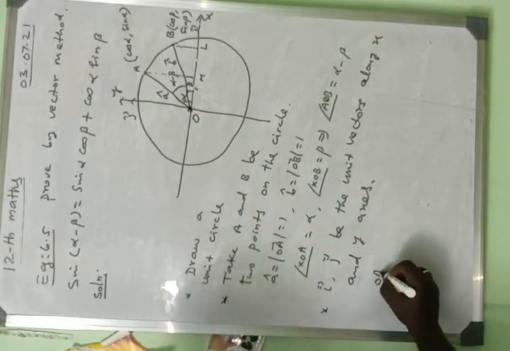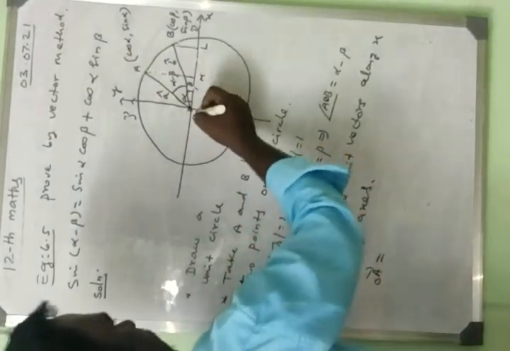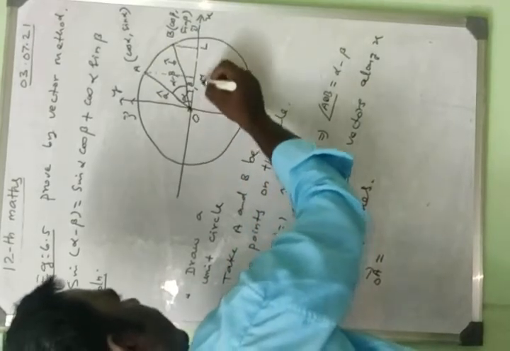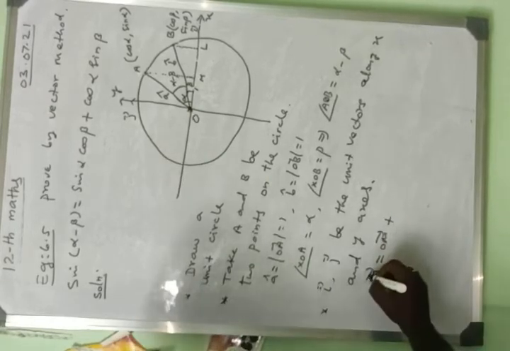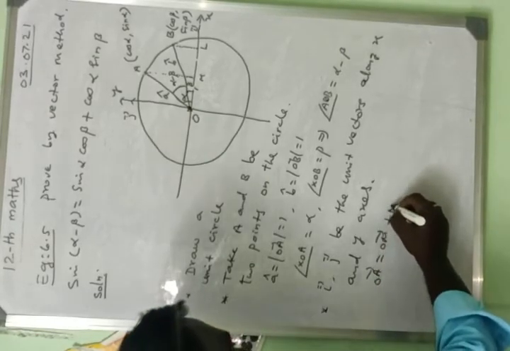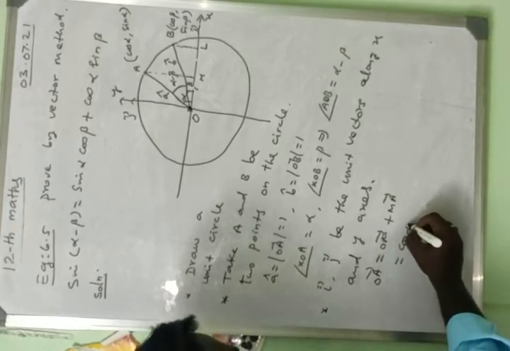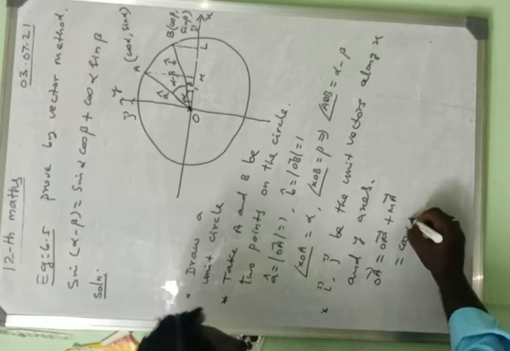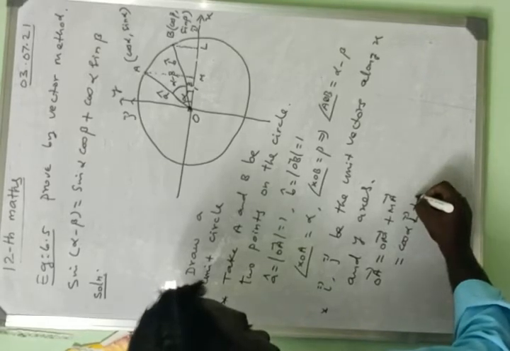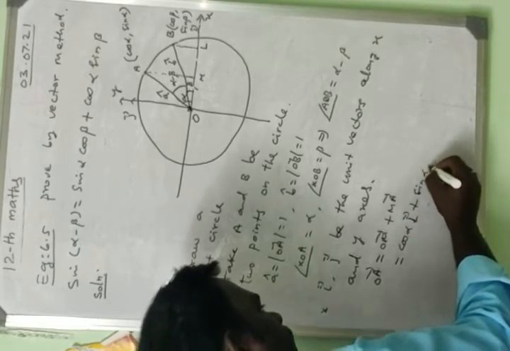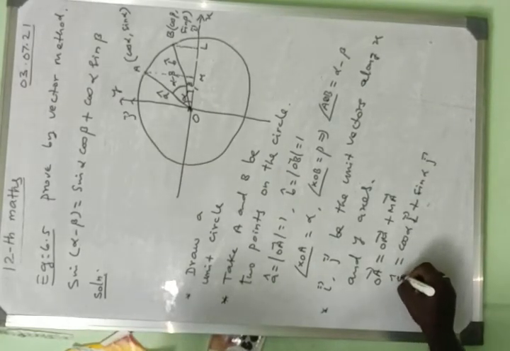Next we take OA. Vector OA equal to, this is a right angle triangle AOM. For OA we add the other two sides, OM plus MA. So vector OM plus, compulsorily put the vector symbol, okay, vector MA. What is the x value? Cos alpha, so cos alpha into what vector? The x-axis vector, take I. So put I. Plus, what is the MA point? Sin alpha. What is the vector? J. So what is OA? It is cap A.